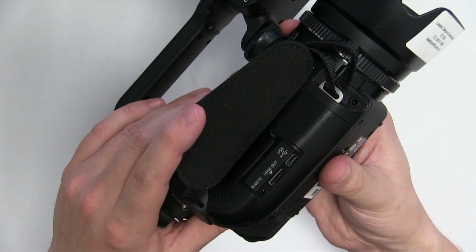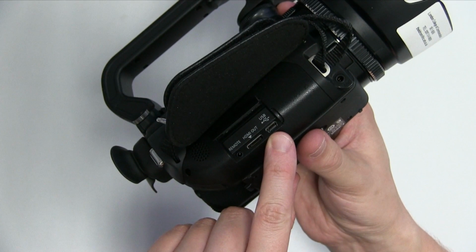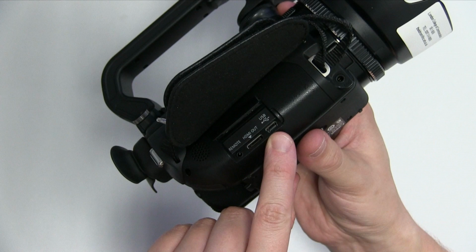It is very important that you locate this, as this is where you plug the USB cable into the camera when transferring footage to a computer. Many students report that they have been given the wrong cable with the kit because they are trying to connect the cable to this port. However, they do have the correct cable, it just needs connecting to the actual USB port, located under the door